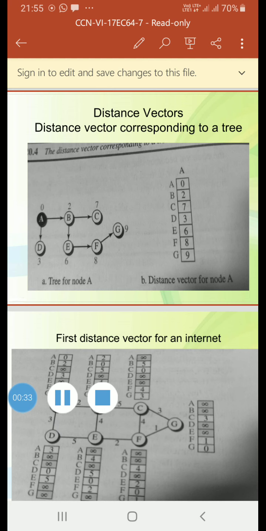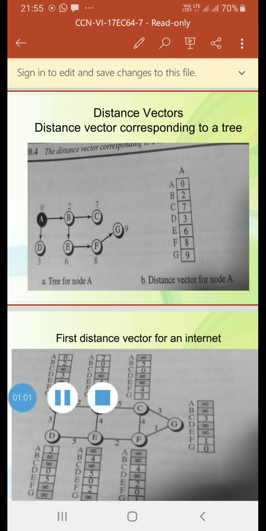These paths are graphically glued together to form the tree. Distance vector routing unglues these paths and creates a distance vector, which is a one-dimensional array to represent the tree.